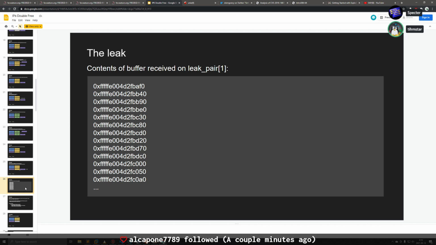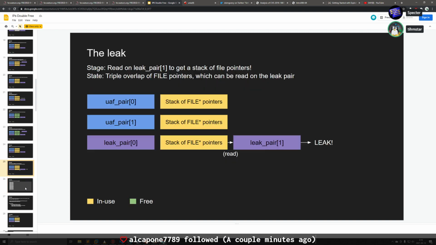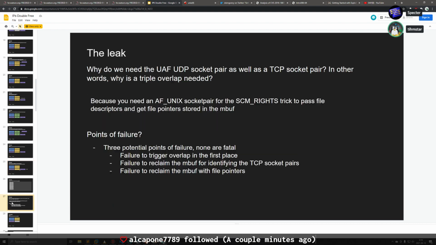Contents of buffer received on leak pair 1. What is leak pair 1? Is that a UDP? Why do we even have TCP tag packets? Shouldn't that be an AF socket? A Unix socket? It's a socket pair,